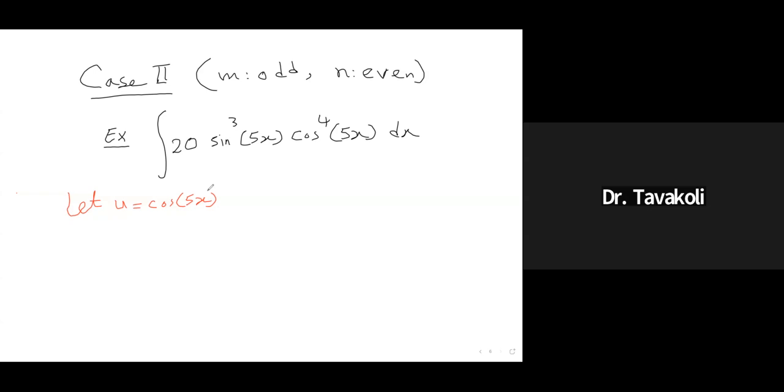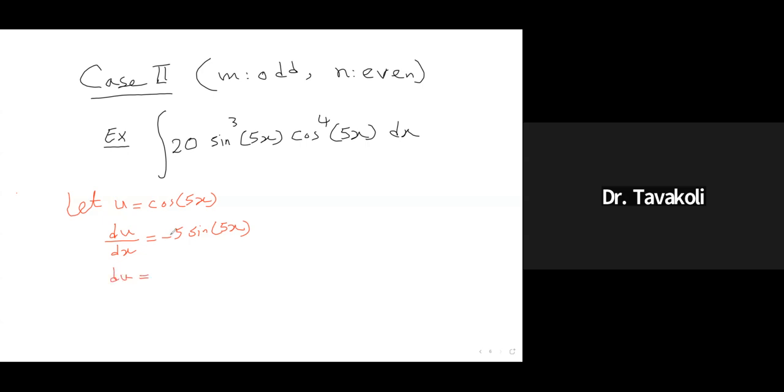Using the chain rule, the derivative of cosine of 5x is, the derivative of cosine is negative sine, and the derivative of 5x is 5. So the chain rule tells us that the derivative of u with respect to x is minus 5 sine of 5x. In other words,